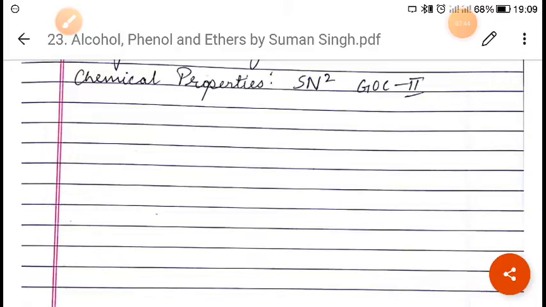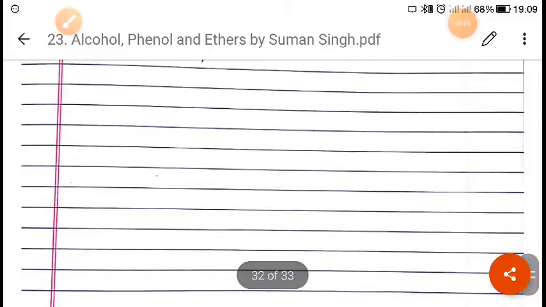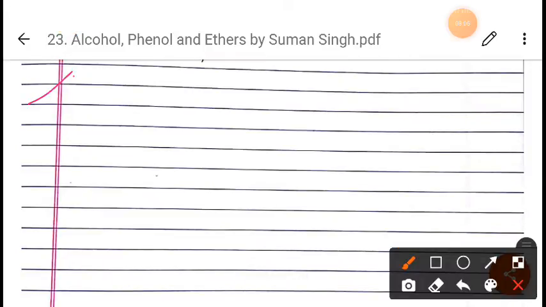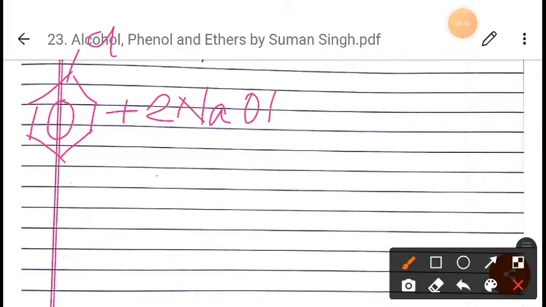In the first step, suppose we have chlorobenzene here. This will be reacted with 2NaOH at 623 Kelvin and 300 atm in presence of copper salt, or we can say NaCl or H2O. We will get what? Sodium phenoxide, which is like this. We will get here